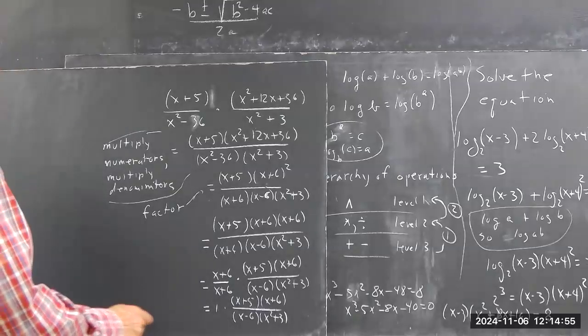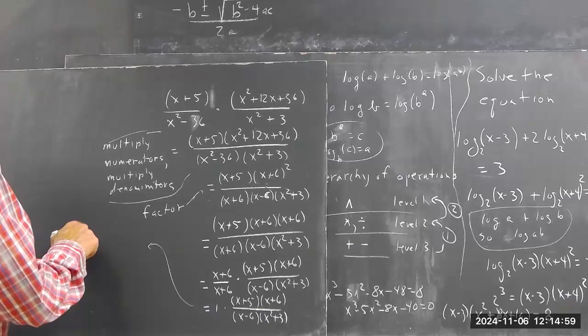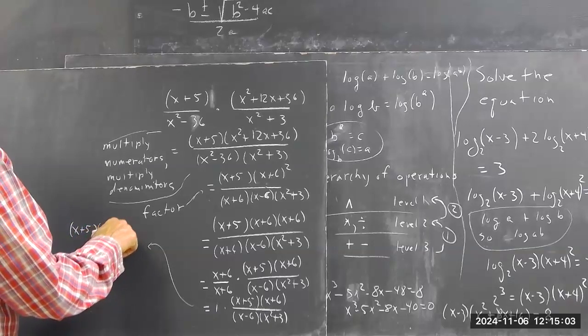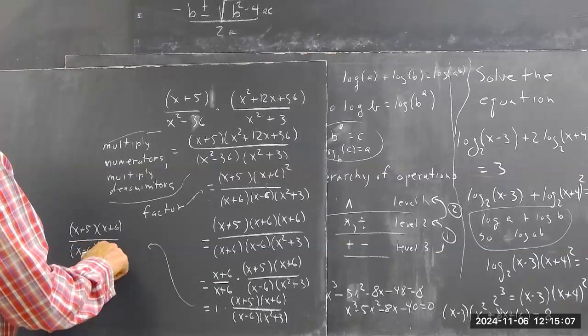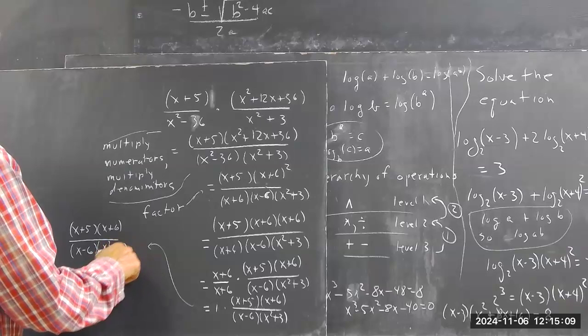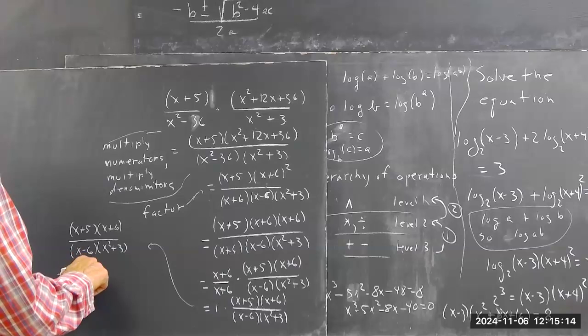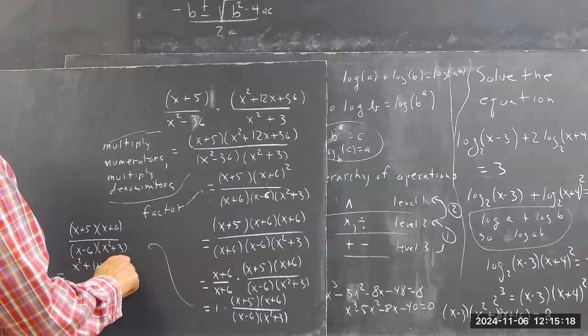Okay? And then I kind of have to come up here. I'll write what I have then. That's x plus 5 times x plus 6 over x minus 6 times x squared plus 3. And then we can multiply this out using the distributive law. We're going to get x squared plus 11x plus 30